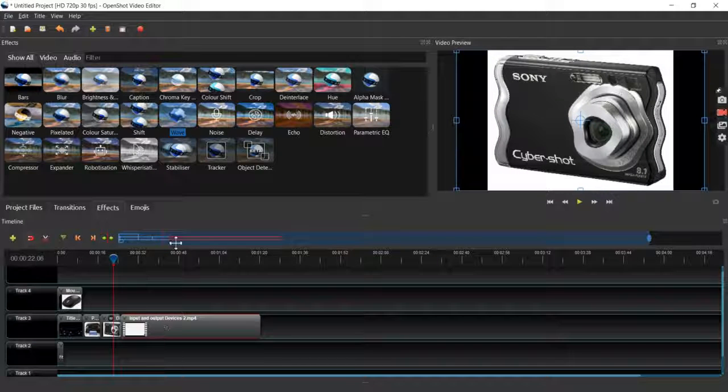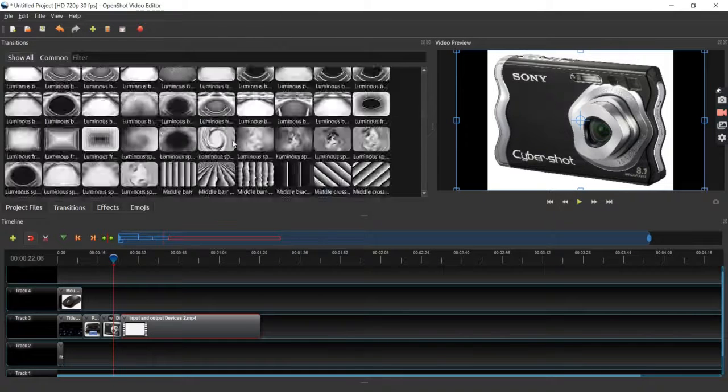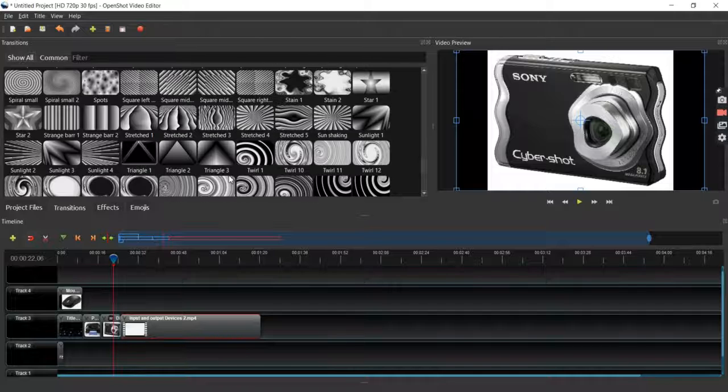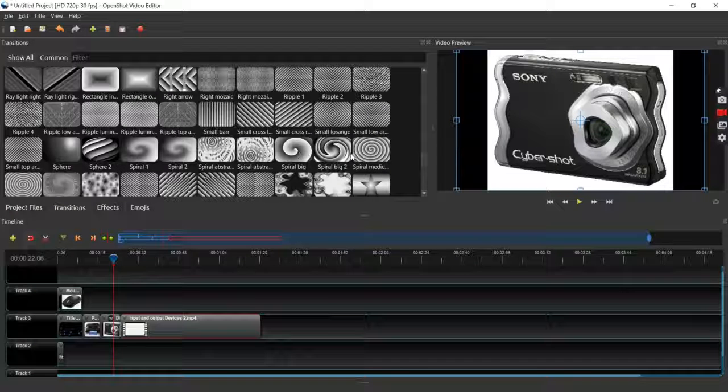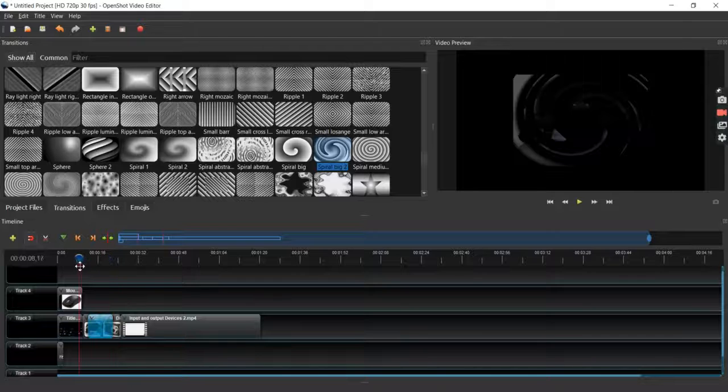The next thing we want to add is a transition. So a transition is from one slide to another. I'm going to click on transition. I've got all these loads of options for transition. Okay, so I'm just going to use Spiral Big 2. I'm going to drag this on. You can see it's a really big blue section there. Okay, so that is, when I run it,